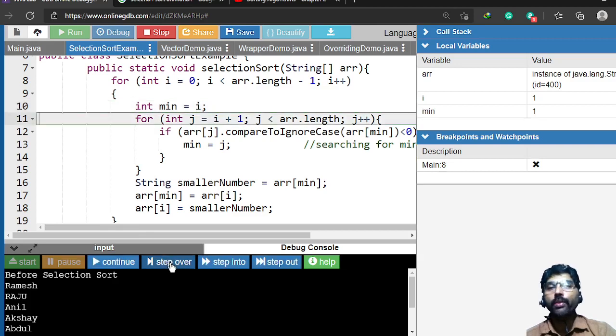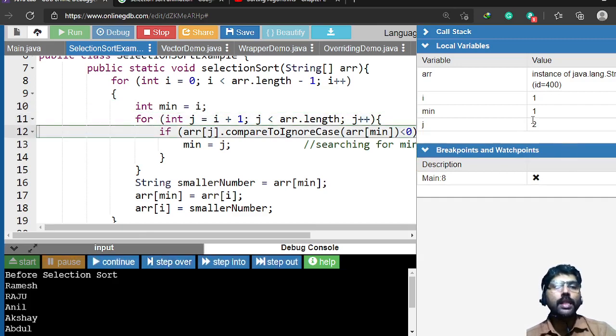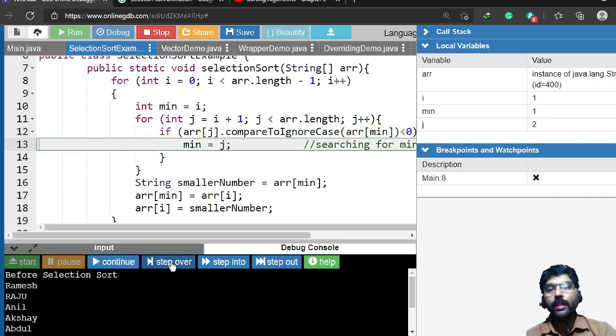So I have to start from the third element, that is J value is 2. Here J value is 2. Again I have to compare the third element with the minimum up to the last element. The comparison is done.